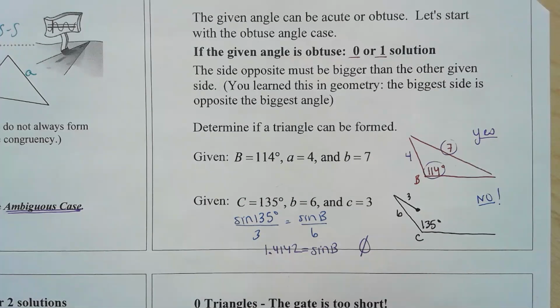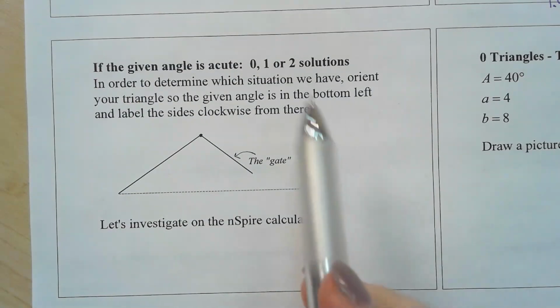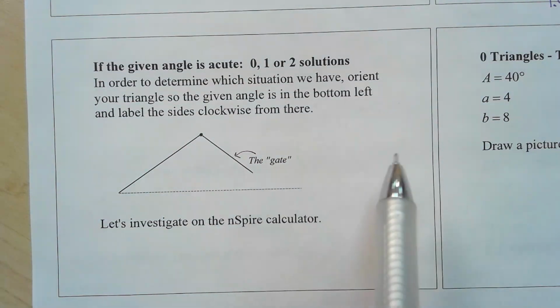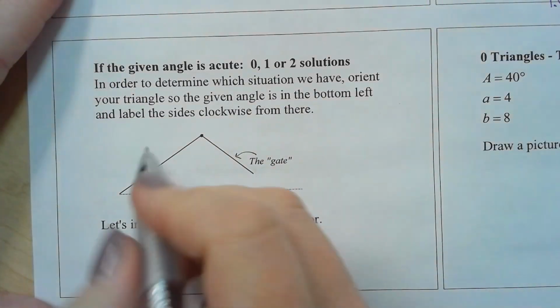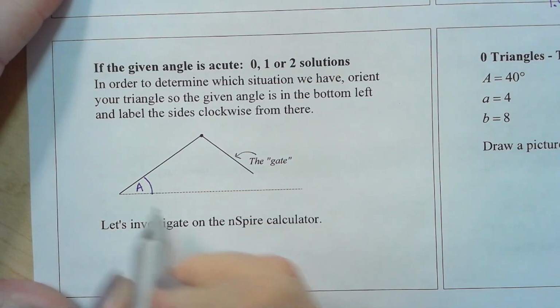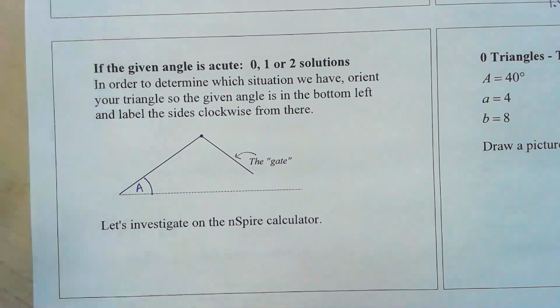Okay? All right. So let's take a look at the case where the given angle is acute, because in this case we're either going to have 0, 1, or 2 unique triangles. And so here's what we're going to do. This is how I draw all of these. When I realize I have angle side side, I'm going to start by putting that given angle in that bottom left-hand corner. And I drew this dashed line here instead of a solid line because,